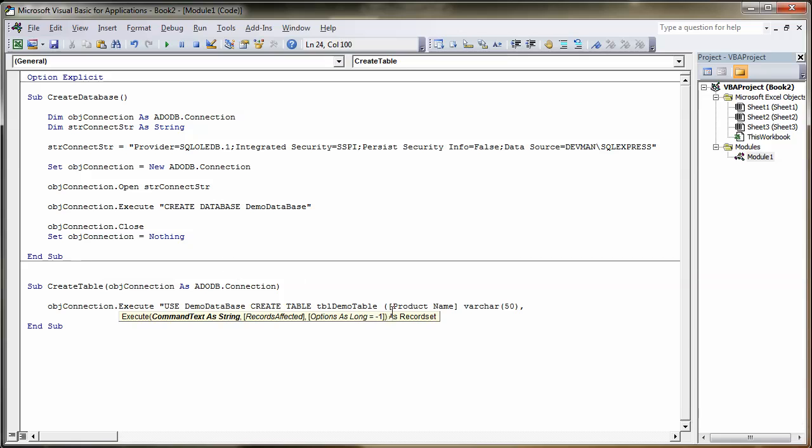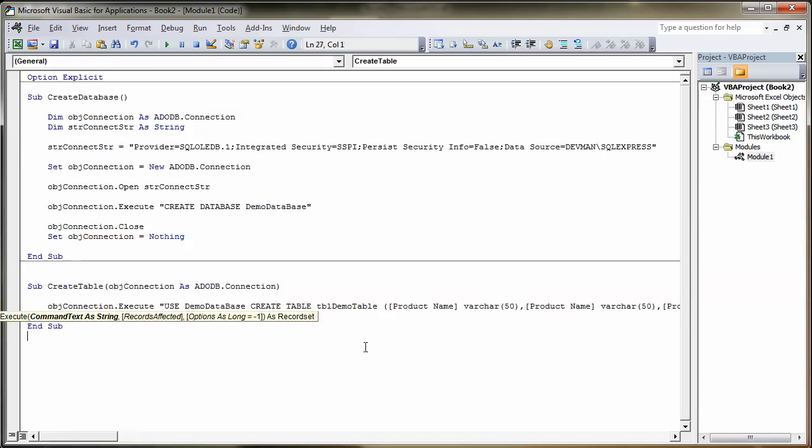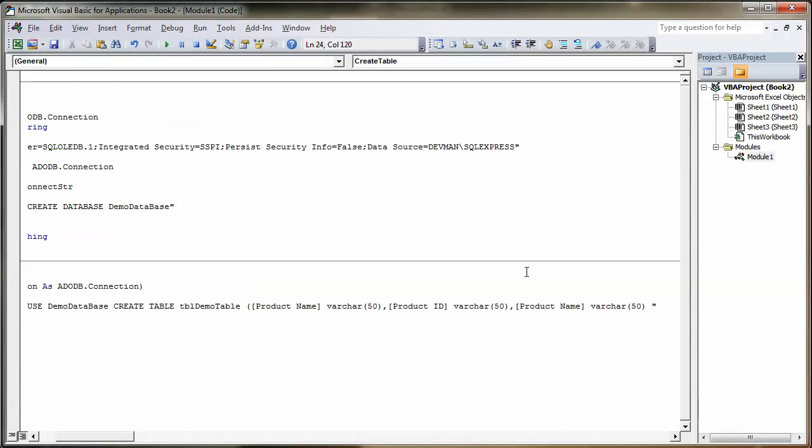And then in here we put another comma, and then we create another column, which is exactly the same format as this. So we're going to copy and paste that, Control C, Control V, comma, Control V, so that's 3 columns. Okay, product name, and then in here we'll go product ID. Okay, and that's going to be, say, 10 characters, and then we'll have product price,